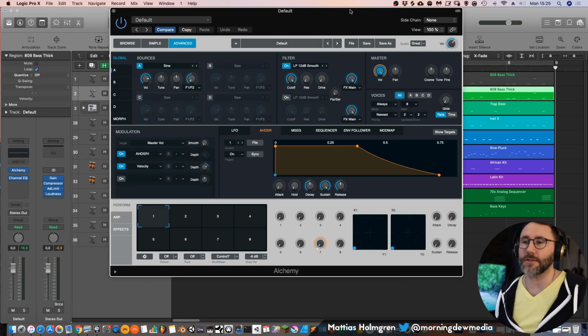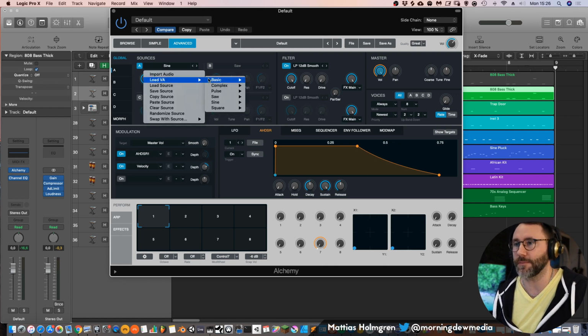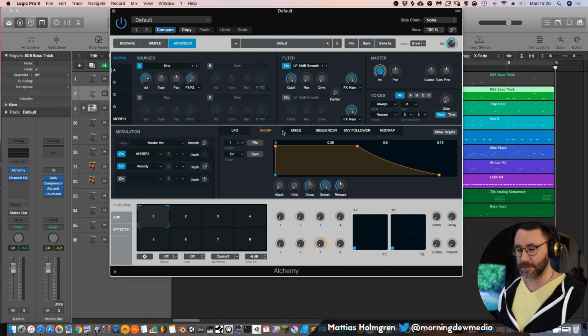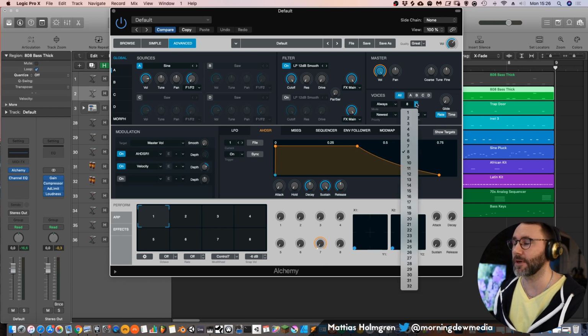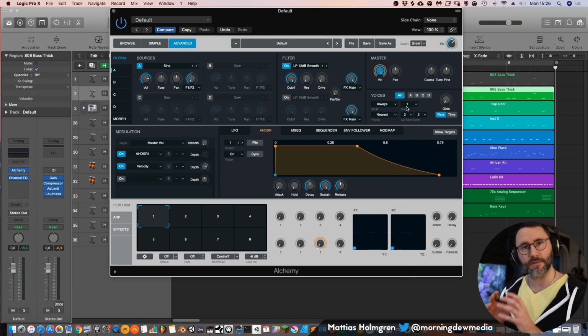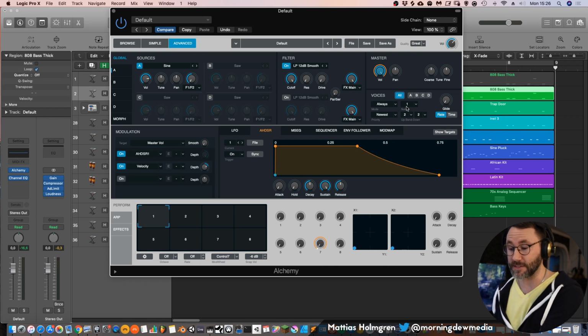Okay, so the Alchemy synth consists of 4 different sound sources and we're only going to make use of the A sound source in this case. So we set this one to the sine wave, because 808s are built from sine waves. And we press this global tab and go to our voices tab, because we want to make this a monophonic synth, so we can't play multiple notes at the same time.